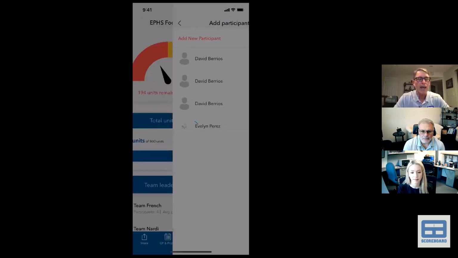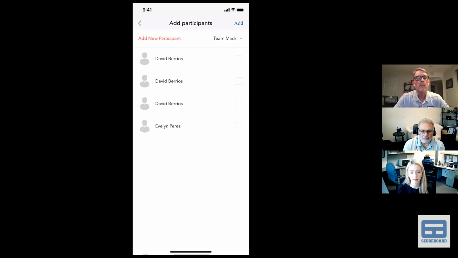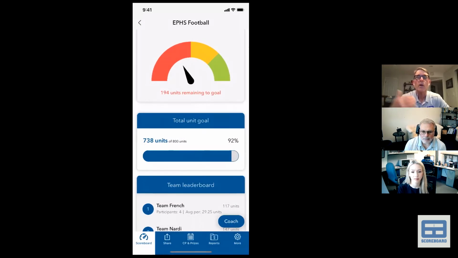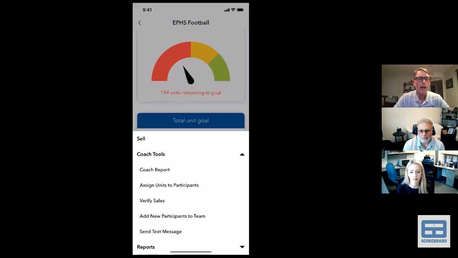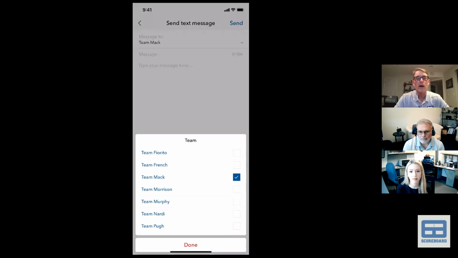If there are any athletes that aren't on a team, 2 kids that didn't get on the team, I could go in here and assign them to a team. Okay, so that's if those kids, when they registered, didn't join a team and we want to get them on the right team. And then a huge feature in the app that a lot of our